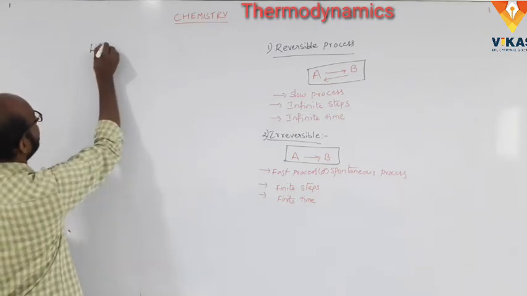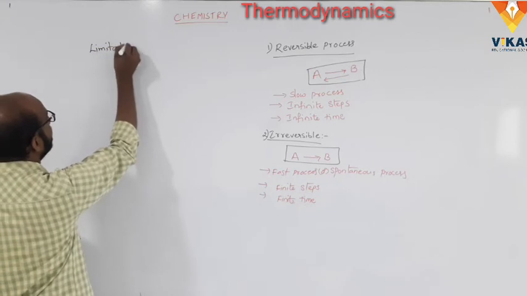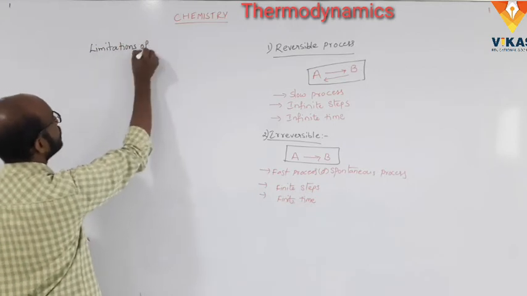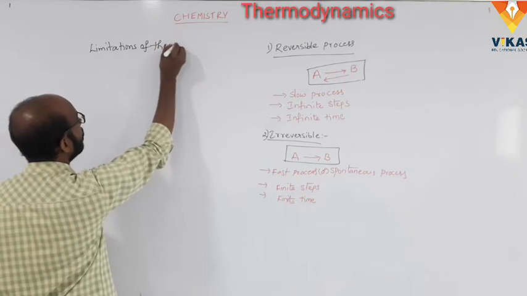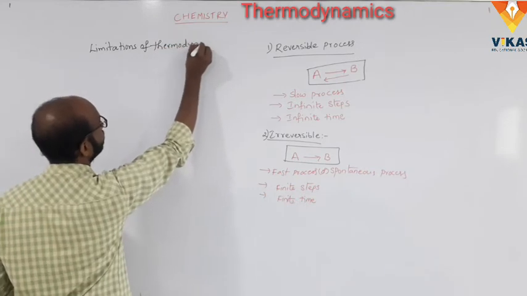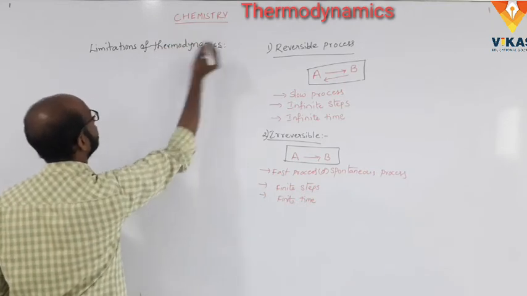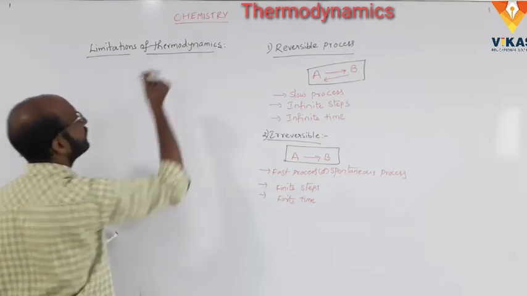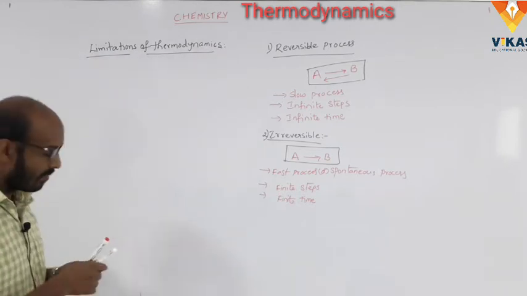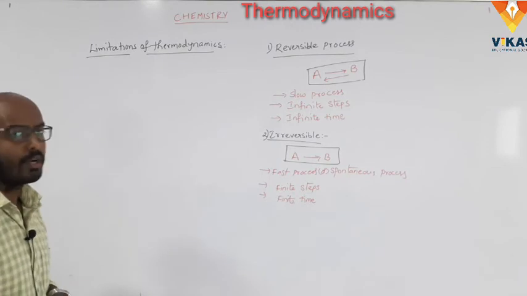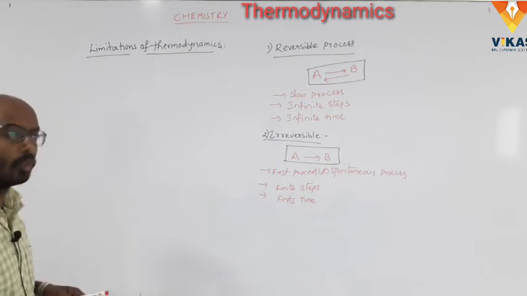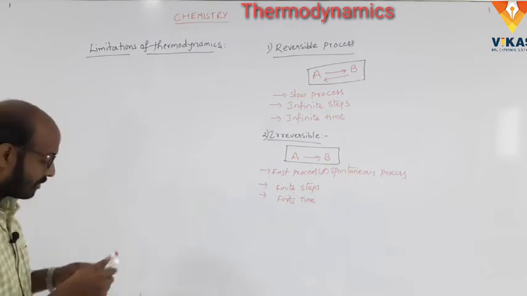Limitations of thermodynamics. What are the limitations? In total, thermodynamics has two major limitations, two main drawbacks. One is